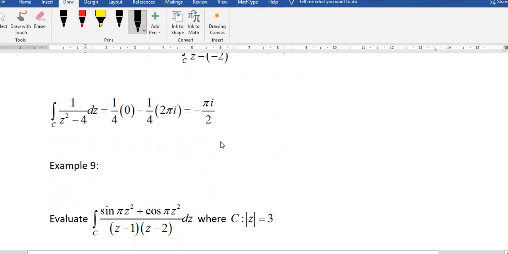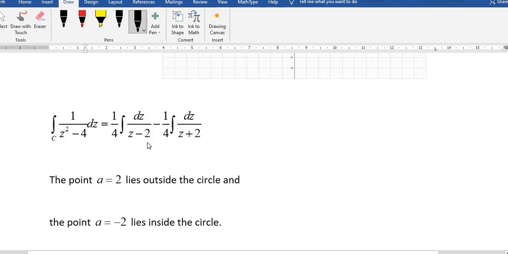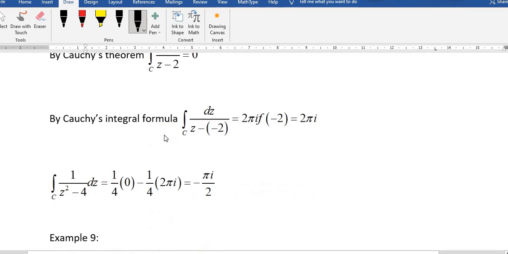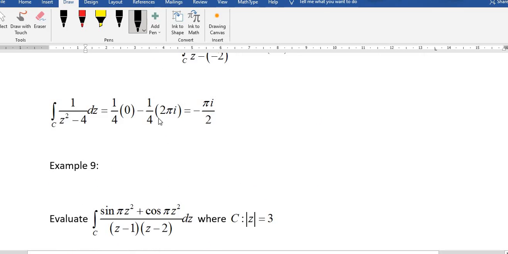Substitute in this integration, then 1 by 4 into 0, 0 minus 1 by 4 into 2 pi I. 2 1s are, 2 2s are, so minus pi I by 2. Next question,